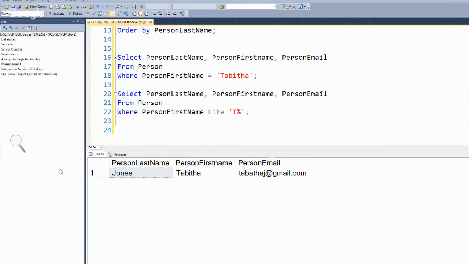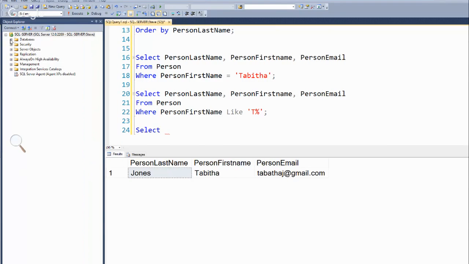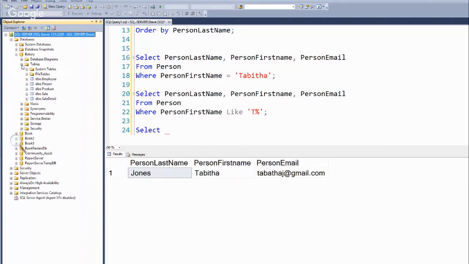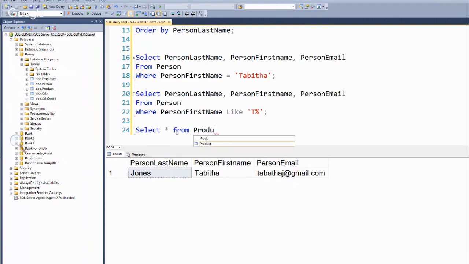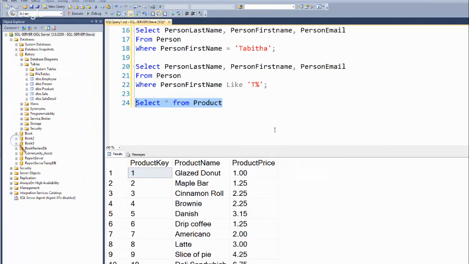So as I said, I don't know that we will finish this today, but we'll get somewhere. So I'm going to look at, again, databases, bakery, tables. I'm going to select star from product. I just want to do some numeric things real quickly. So notice they have a price, which is a number. So for numbers, I could do